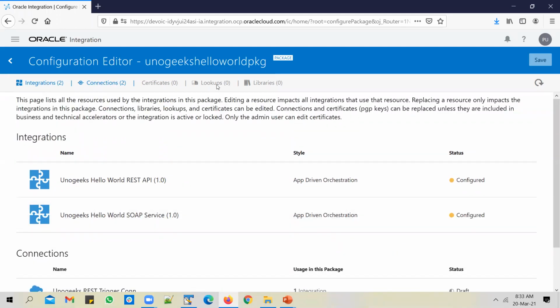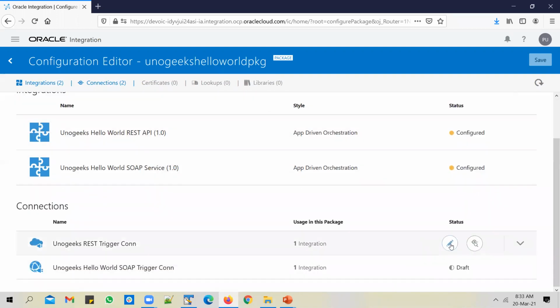If you have probably used any lookup or a JavaScript library, or if you have referred to any certificates, those also will get migrated when you migrate a package. That's again the good thing. You don't need to worry about the dependencies, identify the lookups, migrate them first, or the JavaScript libraries. And you don't need to migrate them explicitly before you migrate integrations using IAR or PAR files. That's good news.